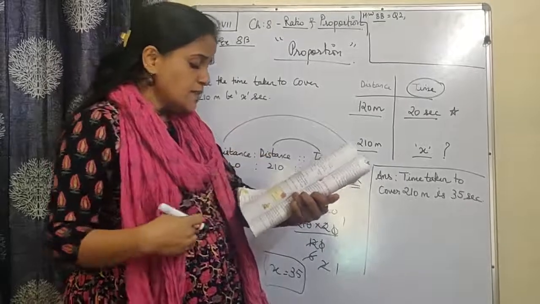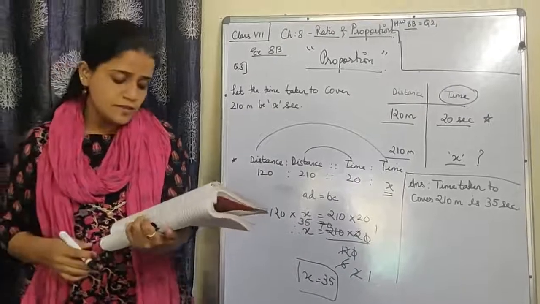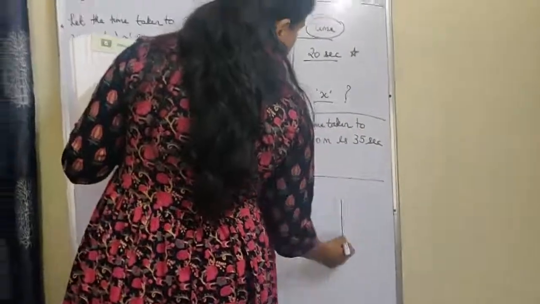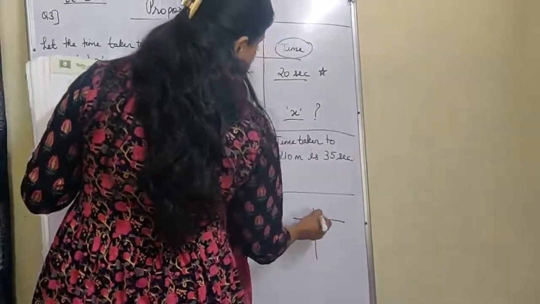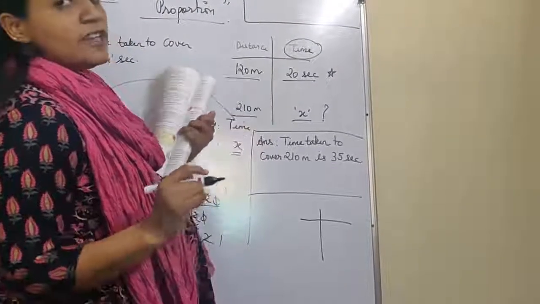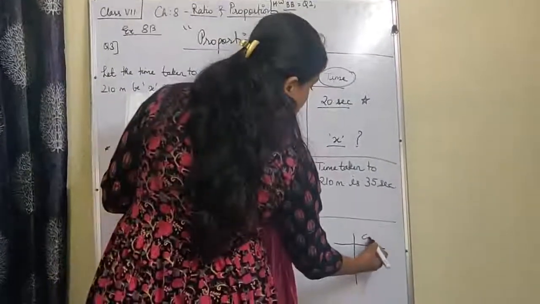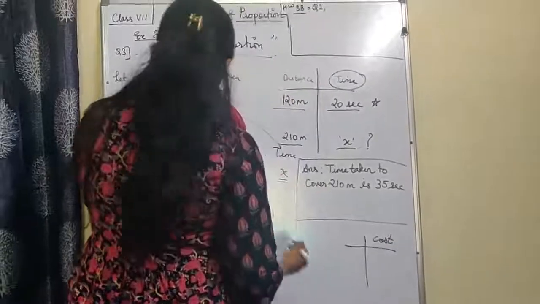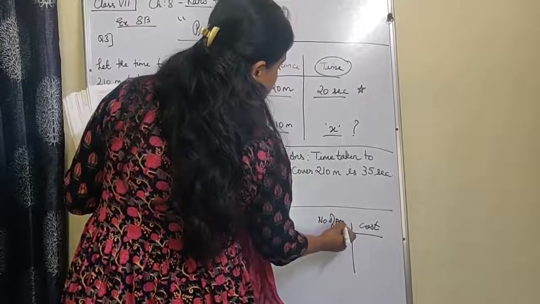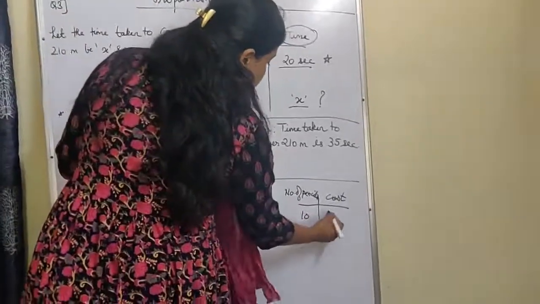10 pencils are sold at a cost of rupees 58. Find the cost of one pencil. So here what they have given is 10 pencils. I'll just make the framework and you can solve it right now. You have to find the cost of one pencil. So cost is asked, so cost will be the heading of the right hand side, and number of pencils will be the next heading. Yes or no?